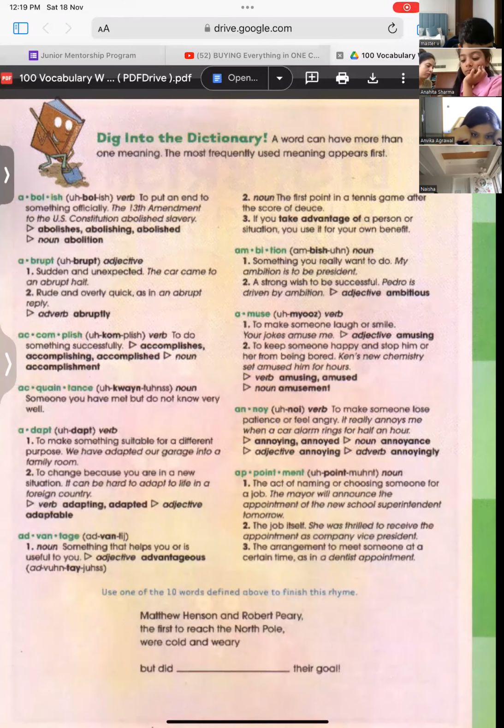When you have, now this is exactly in the form of a dictionary. How are you going to use your dictionary? If you want to enrich your vocabulary, the first word is abolish. Next to any word, you will have the pronunciation. And then next to that, you're going to have